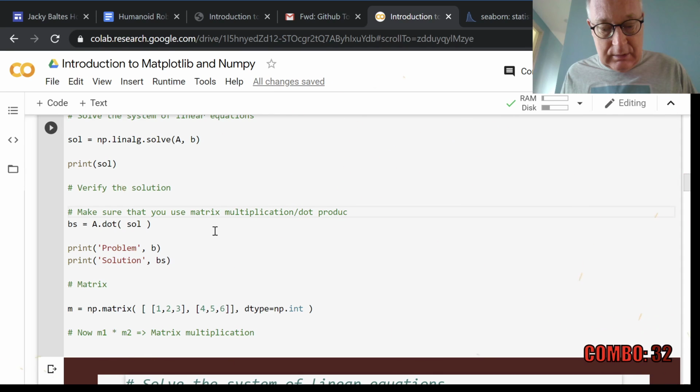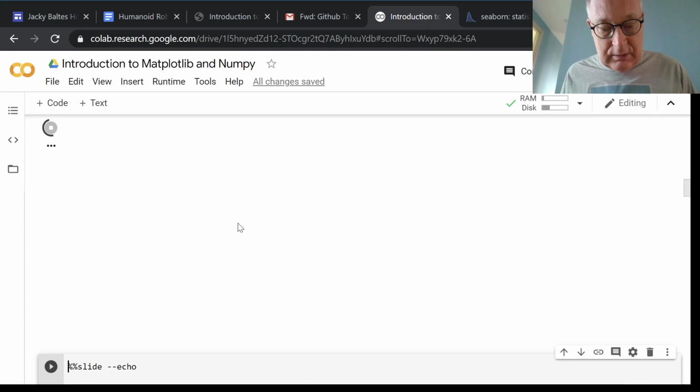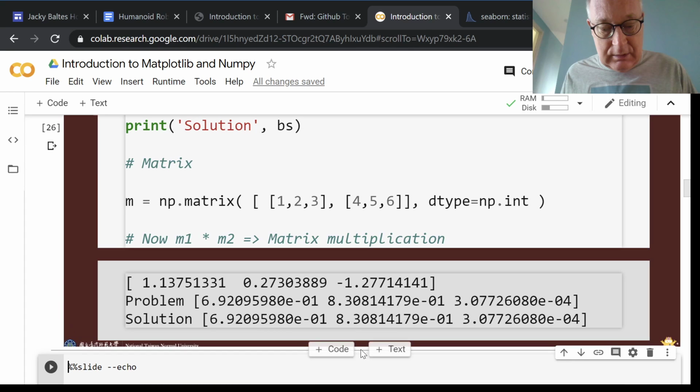Which is basically calculating the dot product of the matrices with row vectors and column vectors. So just to show that,